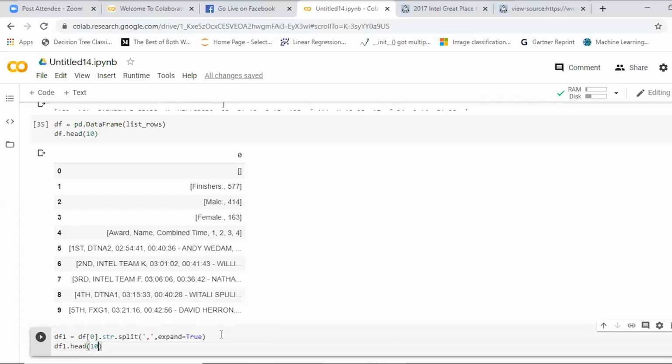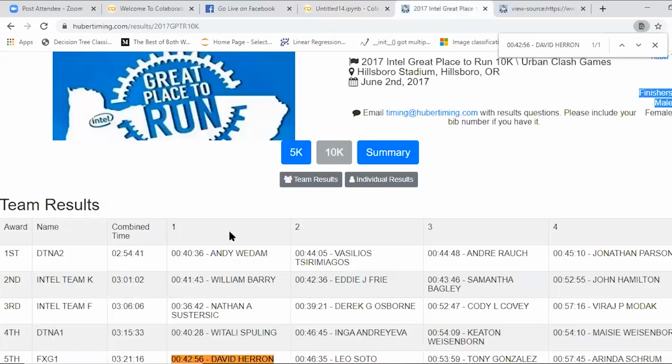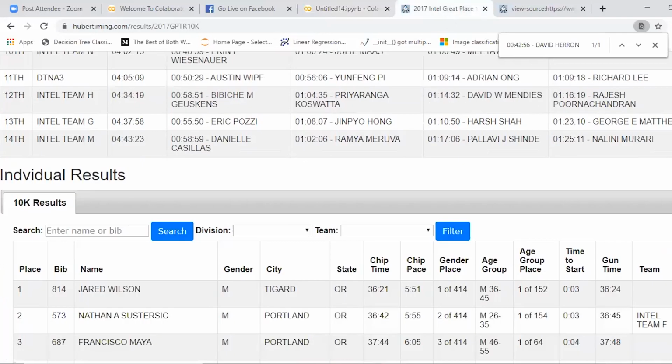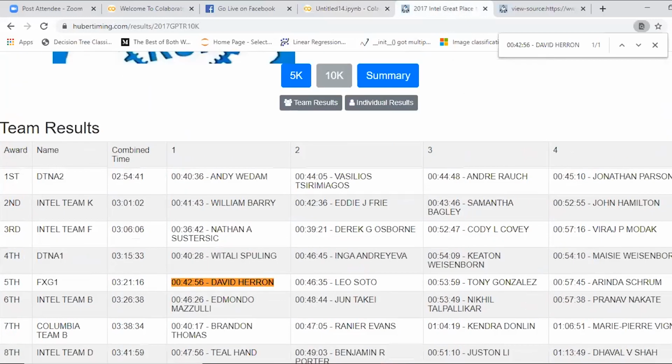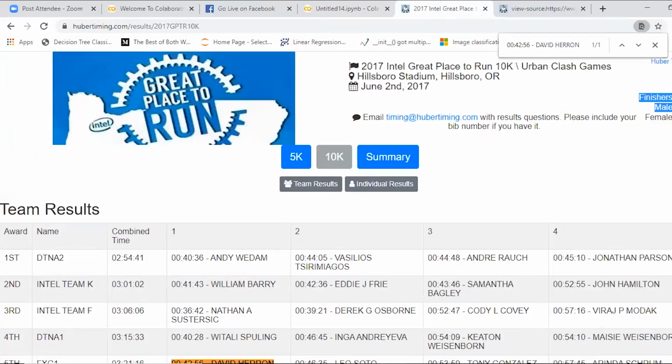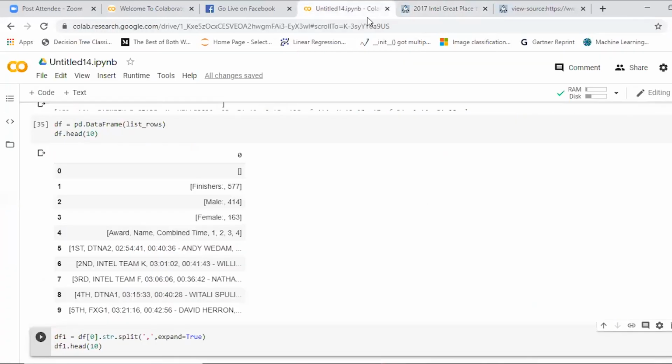We are manipulating the data because here we have some empty rows, and we need to clean the data in the format we want. We have only a single column, but that is not correct according to the data, because if you go to the web page, you have the names within the data. You can see the names, gender, city, and this table may have null values. So we go for manipulating the data.